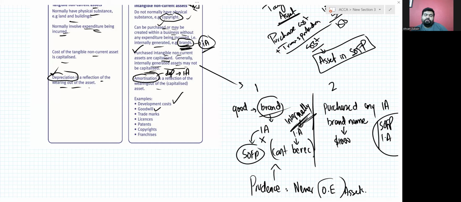You have a good name. So that's the goodwill. That is the asset. Obviously, that is the asset, and it's an intangible asset. Trademarks. See, for example, we are having the name of Accountancy Hub,